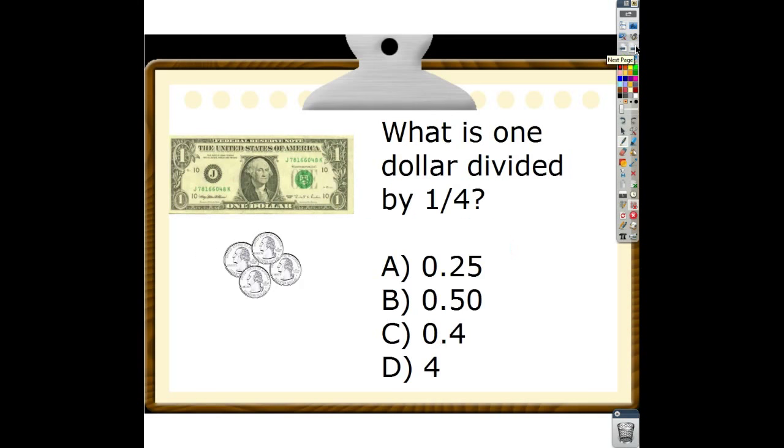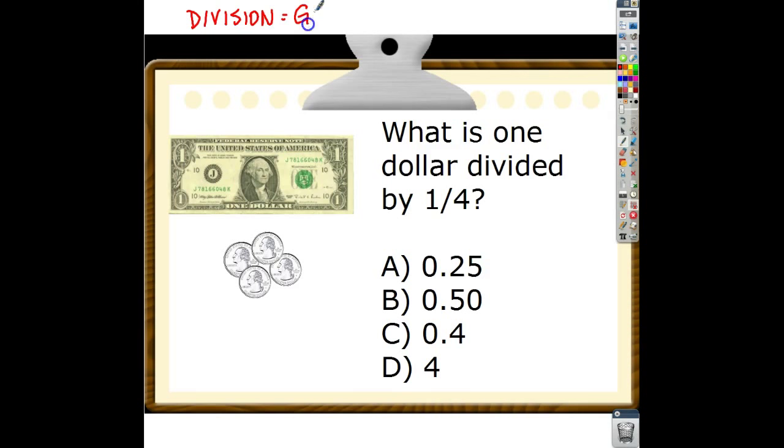Now, let's take a look at this. What is $1 divided by 1/4? So, sort of saying, okay, if I take a dollar and I make it into groups of quarters, how many groups will I have? How many groups will we have? Because we can look at division as this, right? Division,